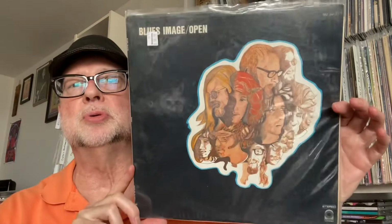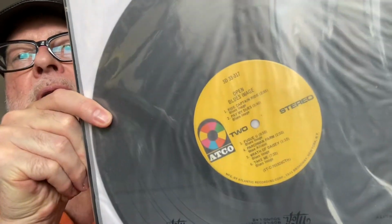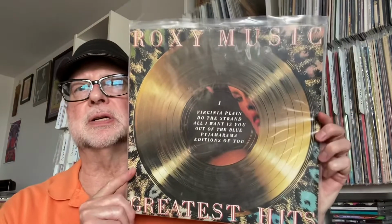Then I have one by the Blues Image. Okay, Atco logo down there, and same thing here. We've got the Atco yellow label with the rainbow on there. So, Blues Image. And then I had no idea that this here, Roxy Music's Greatest Hits, is on the Atco